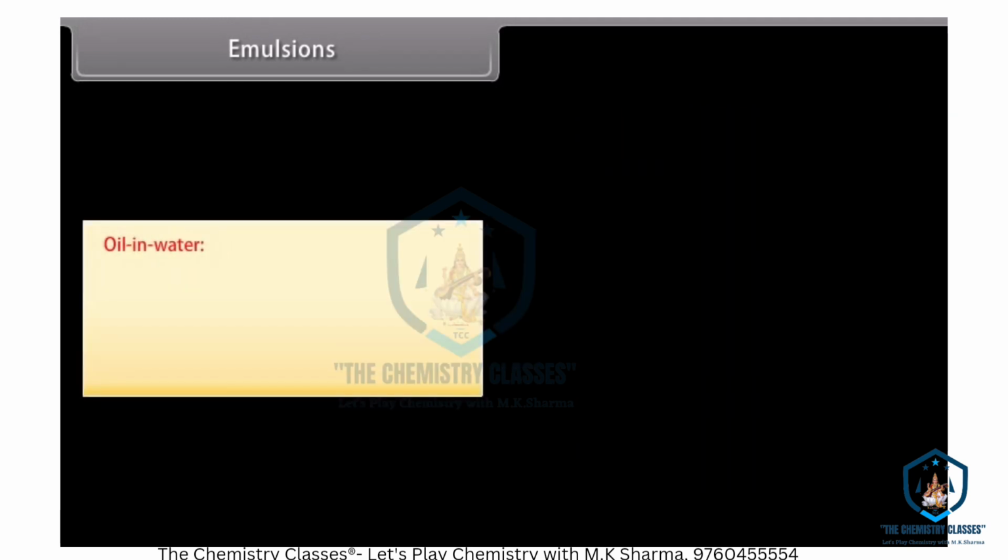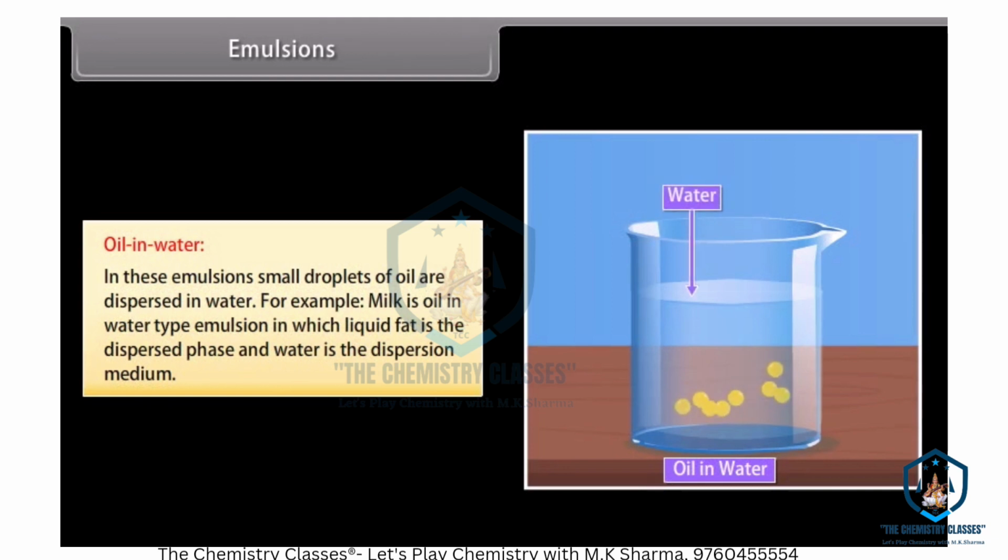Oil in water. In these emulsions, some droplets of oil are dispersed in water. For example, milk is oil in water type of emulsion, in which liquid fat is the dispersed phase and water